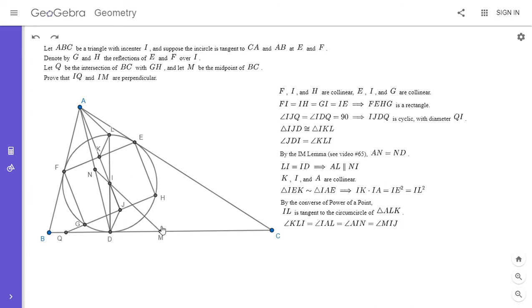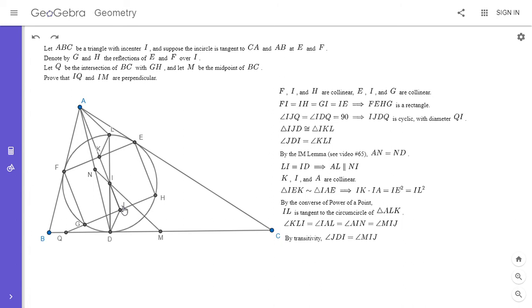So ultimately, we wanted to show angle MIJ is equal to angle JDI, but that's exactly what we've shown, because by transitivity, JDI is equal to KLI, and that's equal to angle MIJ. All right, so by transitivity, we have angle JDI is equal to angle MIJ,